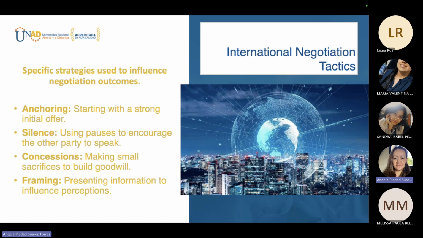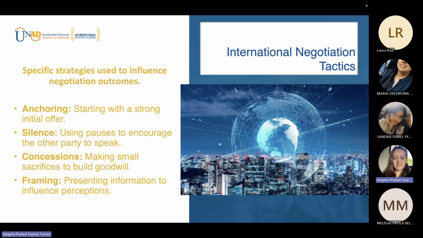So those elements are going to be different depending on the culture that we're dealing with. Silence: using pauses to encourage the other party to speak. Of course, there are some cultures where this use of silence is very important. There are others where silence is a bad idea or a bad sign. So those are elements that we need to use, but we also need to know how to use them. How important are they going to be if I'm going to do it right or if I'm failing on that